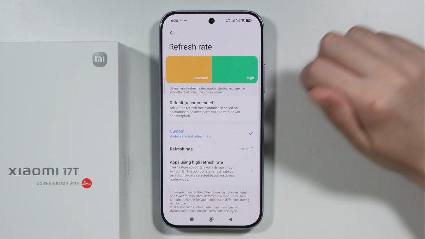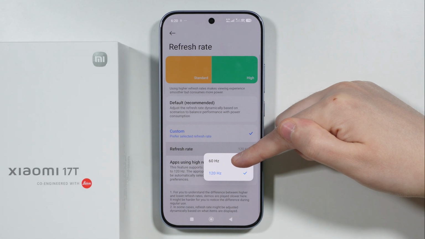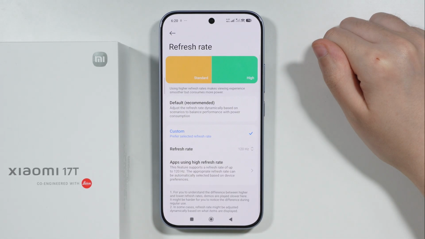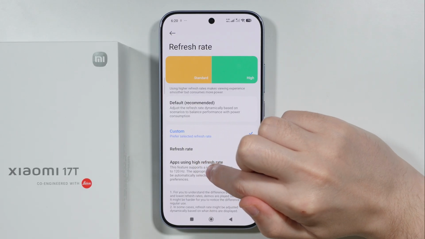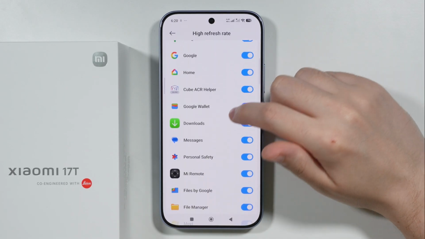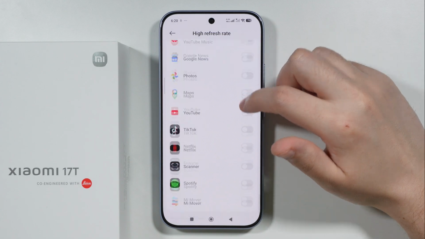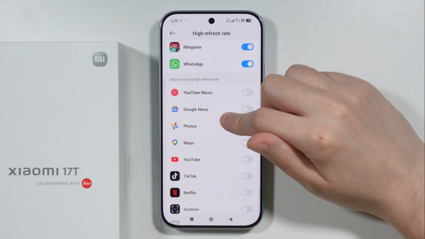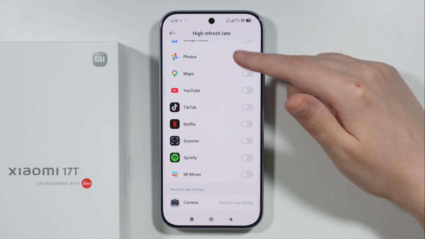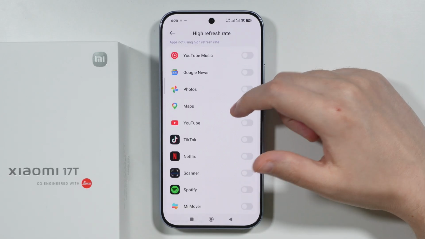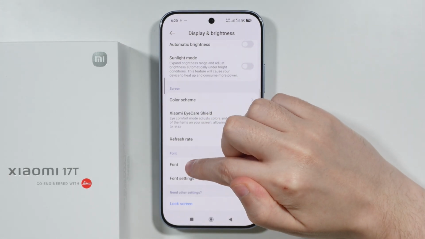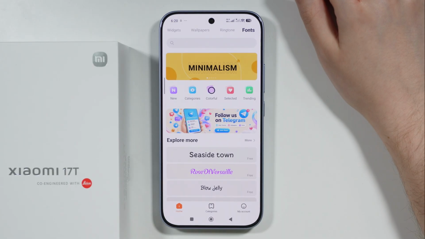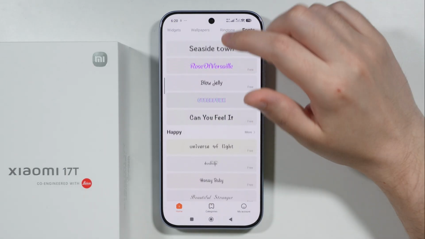And there is also the custom option where you can set the refresh rate to 60 Hz or 120 Hz, and then it is used pretty much all the time. Also, if you use 120 Hz, you can choose which apps are allowed to use up to 120 Hz. There are some apps which have this option disabled, so you might want to turn it on. There we go. There is also the font option, which redirects you to the Themes app with fonts category selected,